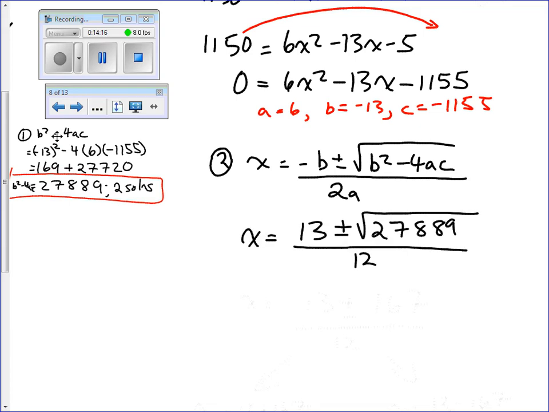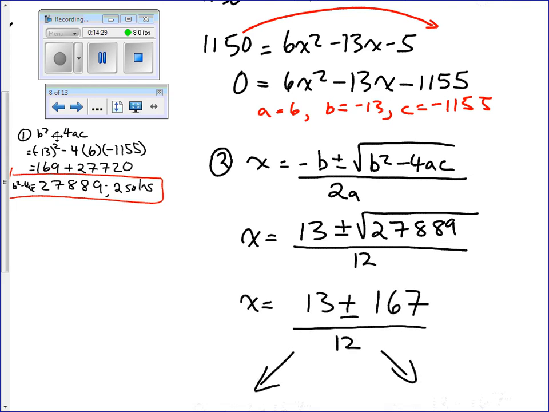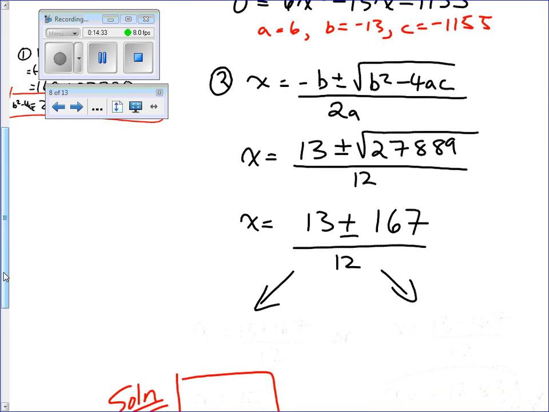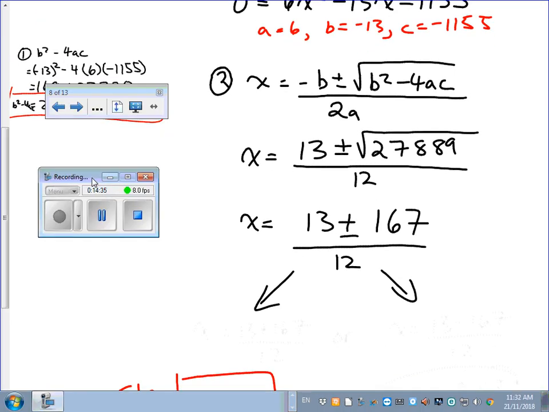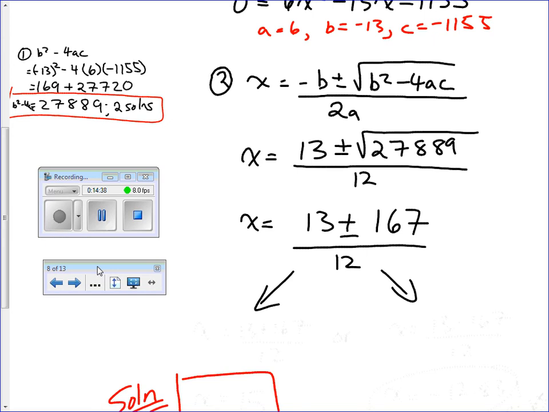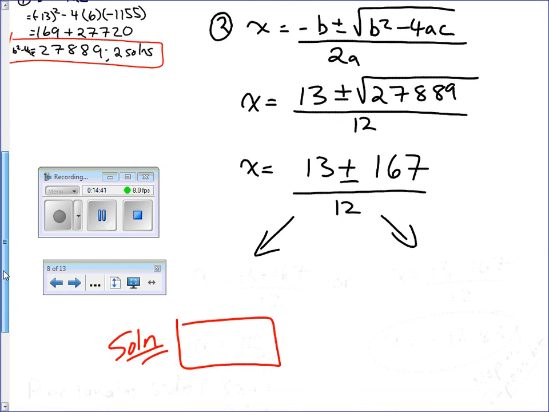Now, when you do part 2, you're going to start by subbing all that information into your equation. So you get something like this, which breaks down. Now, the square root of 27,889 simplifies to actually 167. So now our solution turns into this. Now, as for our final calculations,